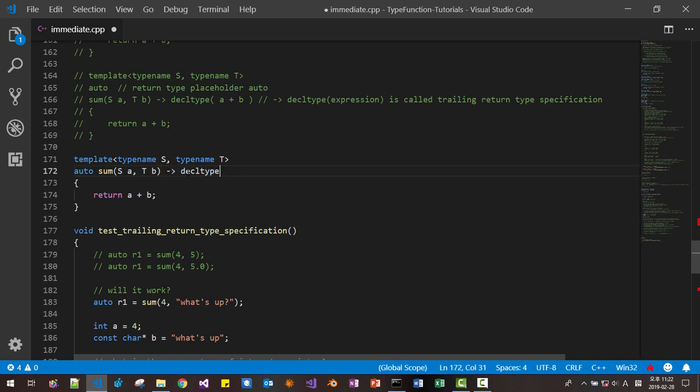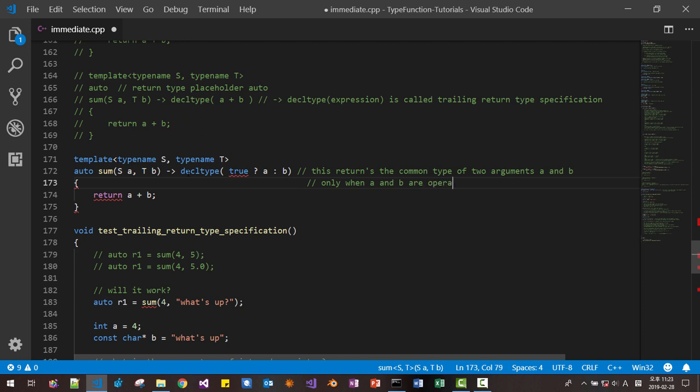The decltype like this: true ? A : B. This returns the common type of two arguments A and B only when A and B are operable.